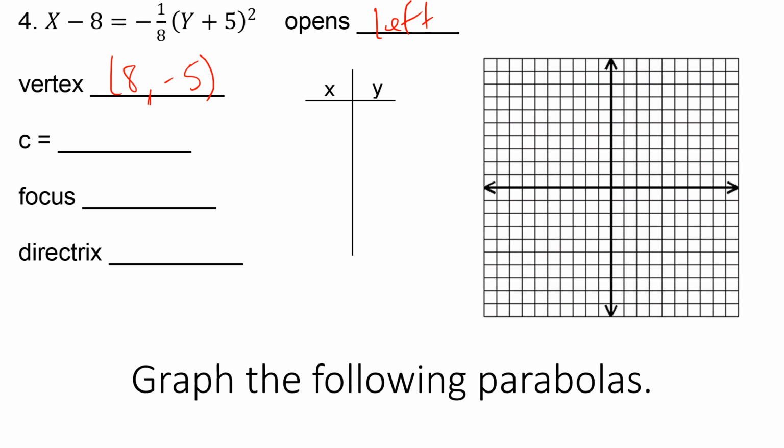All right, your c is based off of here. And again, we're taking our denominator. We're going to say it's negative 8 equals 4c. So we know that c is negative 2, but here you want the absolute value of c, and that also applies for the vertical parabola. I'm sorry. So we get 2 for our focus. Our focus here, it's going to be,